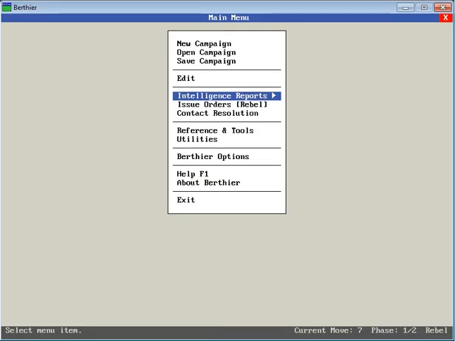Okay, so this is the main menu of Berthier. After you engage the program, this is what you're going to see. You see the options for the new or open and save the campaign. Save campaign is what you will be using most of the time after you've done your actions. And if you want to edit units, this is the action you will do here, right here, for editing various